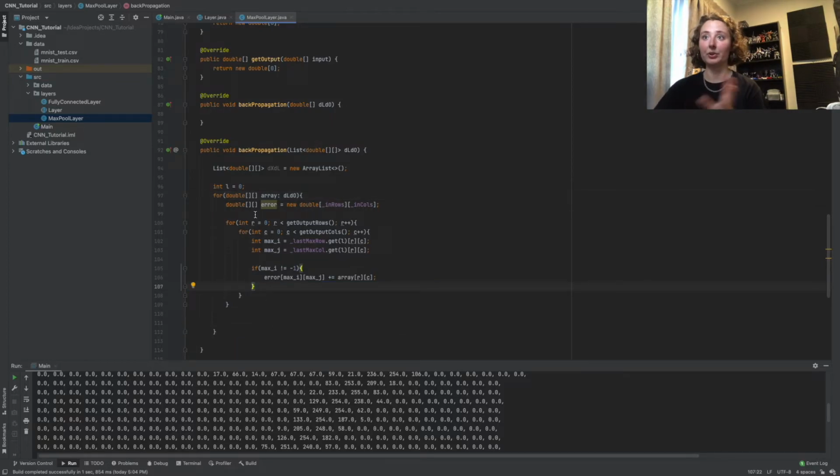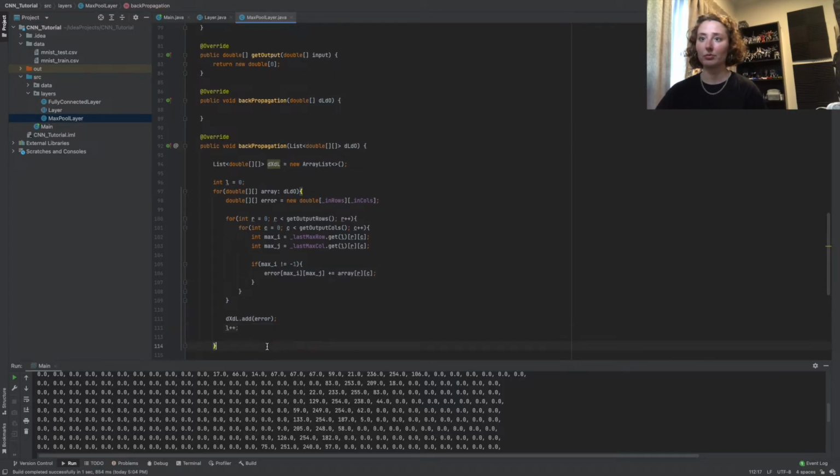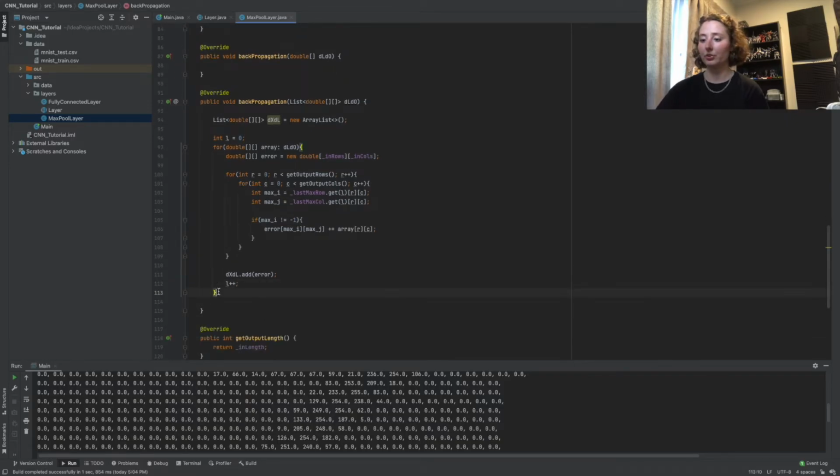Cool, so now we've set all our errors into this array. They're at the right place, they're corresponding to wherever that maximum value was. Because we're doing this for every input, let's add that to that list. So dxdl dot add error, and then increment l, so we're moving to the next item in the list. And that's our completed error list. Now all we need to do is pass that back to the previous layer so that it can do its updating. So if previous layer does not equal null,